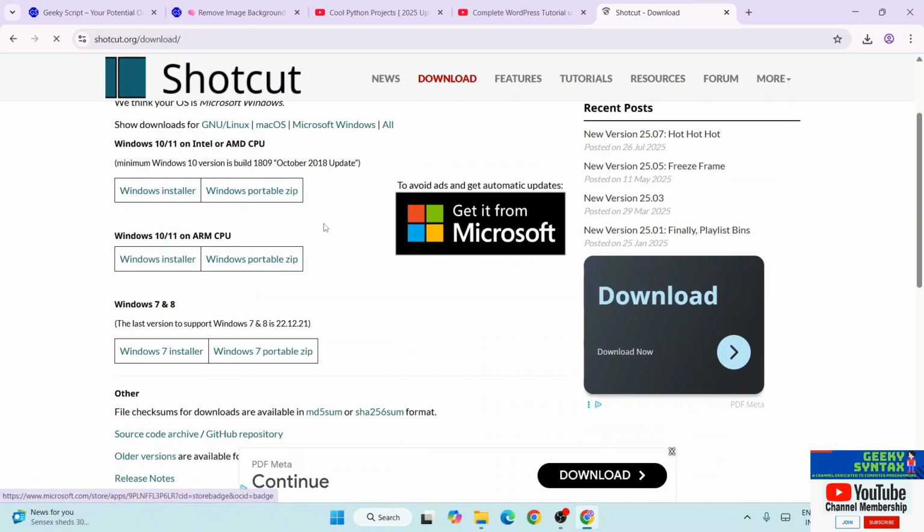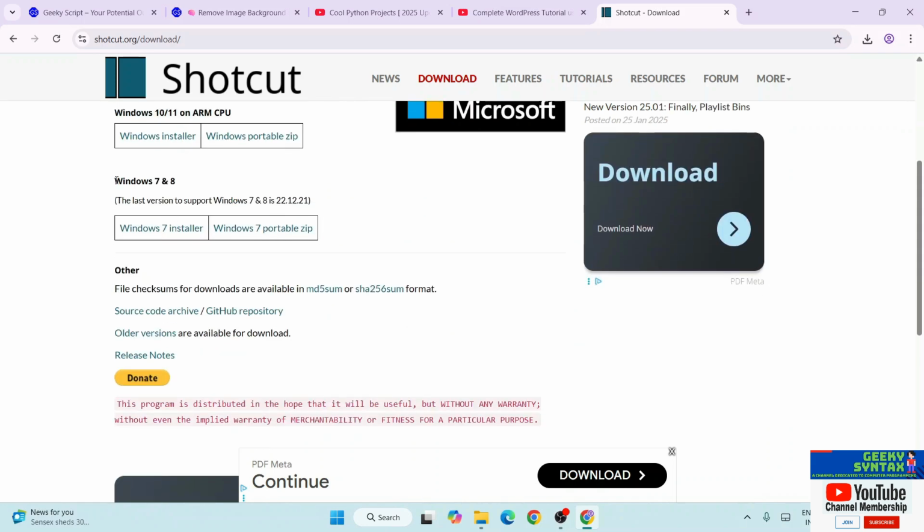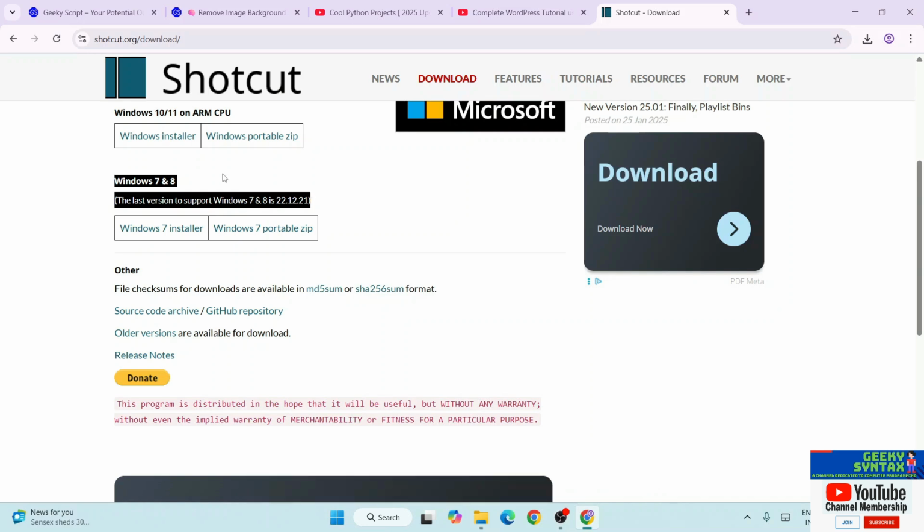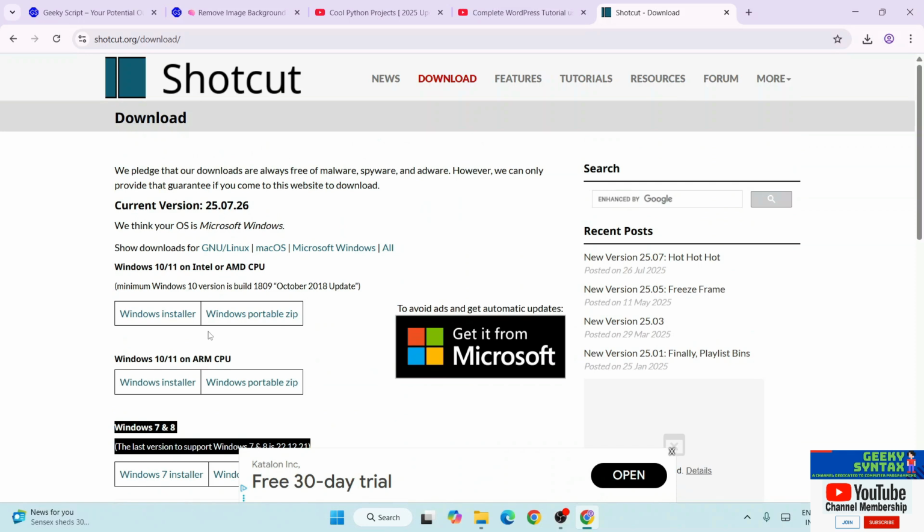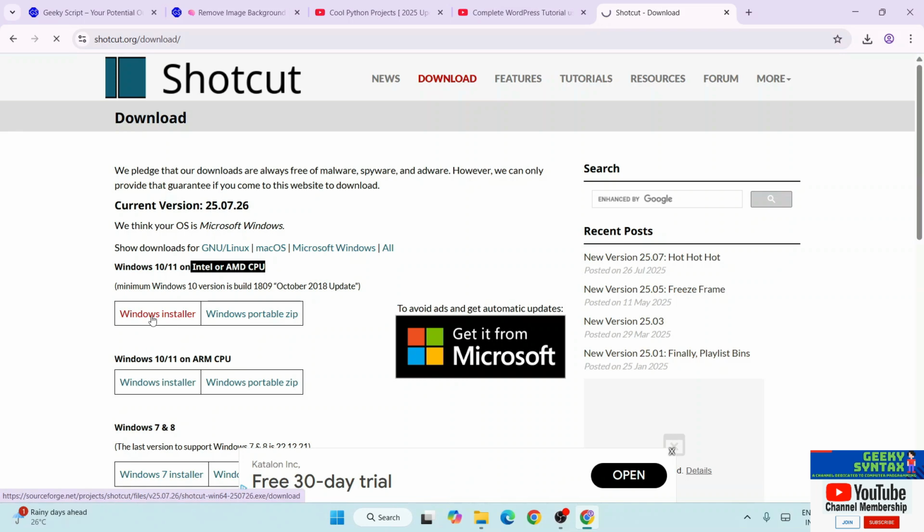Once you are here, you will see that Shotcut is available for Windows on Intel or AMD CPU, or it is also available for Windows on ARM CPU and for older versions of Windows as well, that is version 7 and 8. And if you are using Linux or Mac OS, for that also we have all these links. I'm going to download it for Windows on Intel or AMD CPU. So for that I'm going to click on Windows installer,